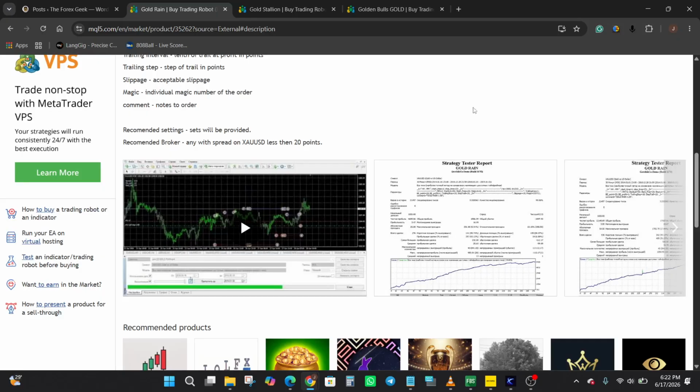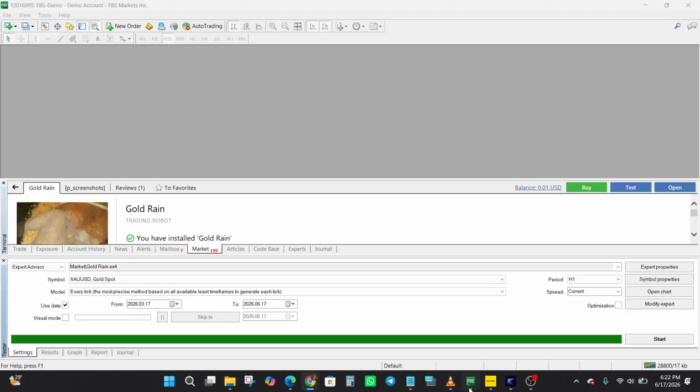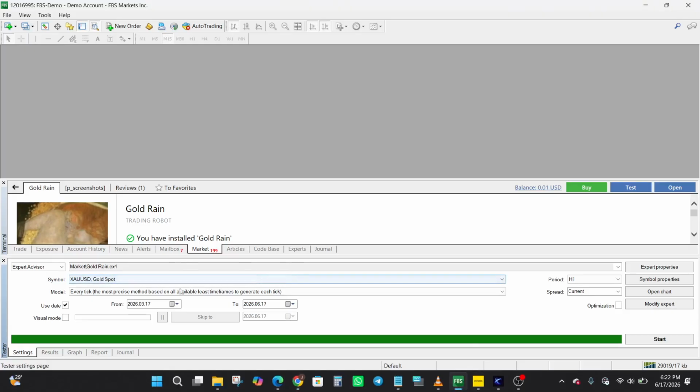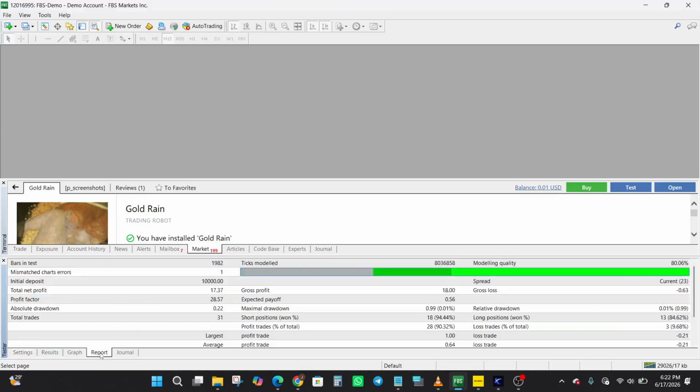All right. Let's just head over to our strategy tester. Let us see how this EA, the Gold Rain EA, performed on XAUUSD on the H1 time frame over the past 3 months. And we are using the every tick modeling, by the way. All right. So looking at the results, I can see that from an initial deposit of $10,000, the total net profit was 17.37, and out of 31 trades taken, 28 were profitable,